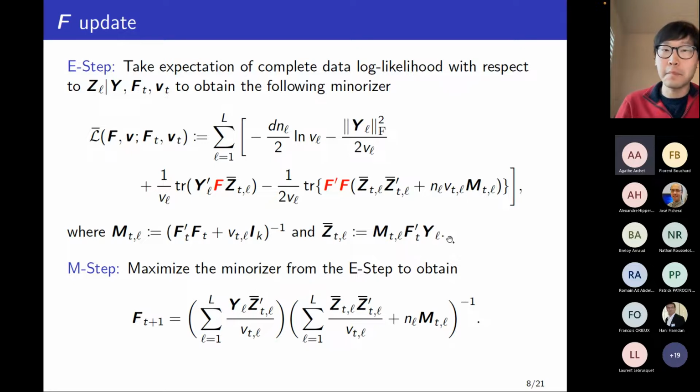Okay. And so we're going to think of this mainly as a function in F. And then the M step is going to be to maximize this with respect to F. And if we look at this, one might at first think that this looks very similar to what we had before